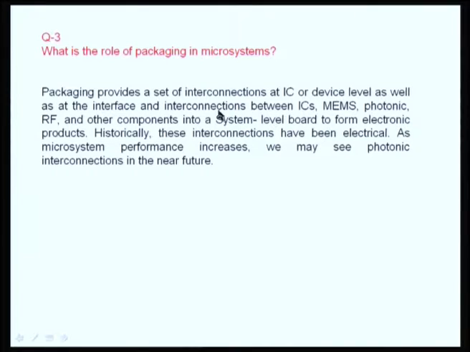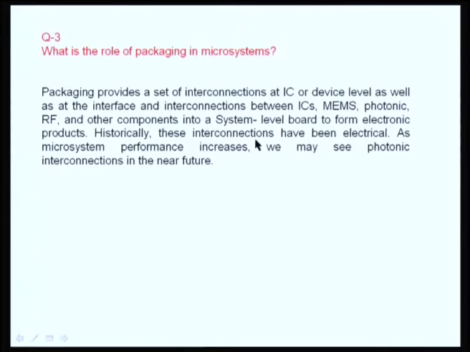Then you have MEMS, photonic, RF and other components into a system level board, right. So, here is where most of the packaging activity takes place to form electronic products.